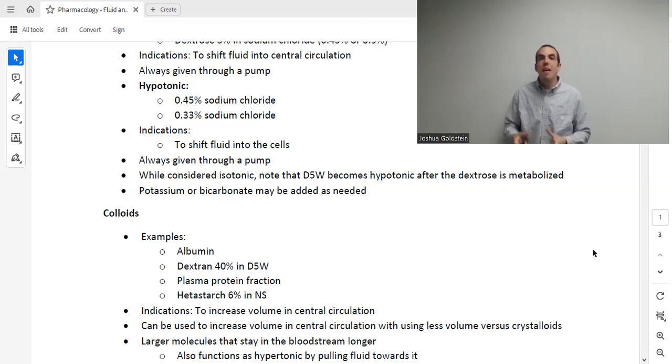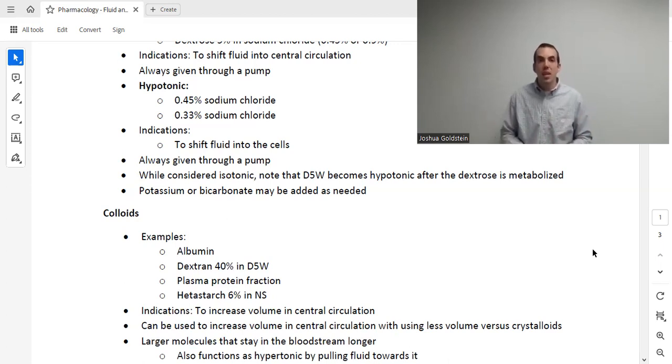So what does that mean? That means that the body is going to look at the bloodstream and say, oh wow, you have so much stuff and not a lot of water. Let me give you some water. So we're going to end up moving fluid from the cells into the bloodstream so that it can get balanced out again and not have a ton of stuff in there. So once again, if I give you hypertonic solution, that has a lot of solutes in it. That's going to make the bloodstream hypertonic. That's going to pull fluid from the cells into the bloodstream to balance out so that it won't have a ton of stuff in it. Well, it'll still have a ton of stuff, but now that it got that extra fluid, it's actually still back